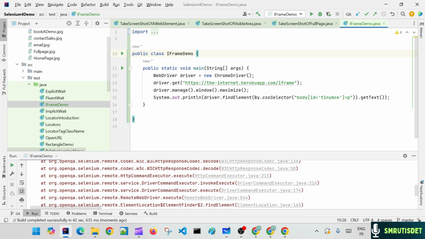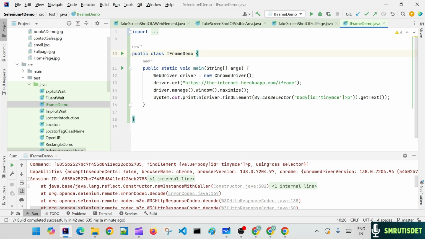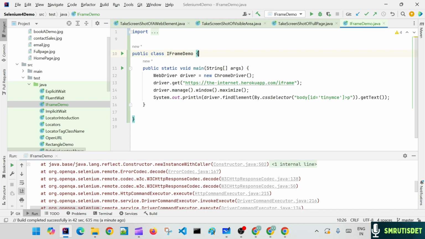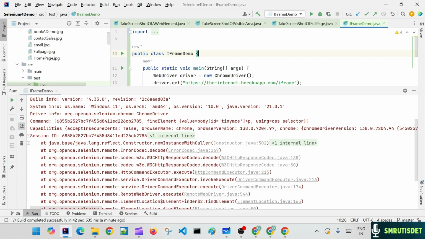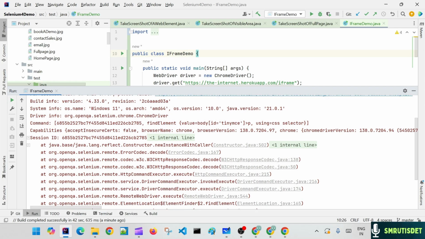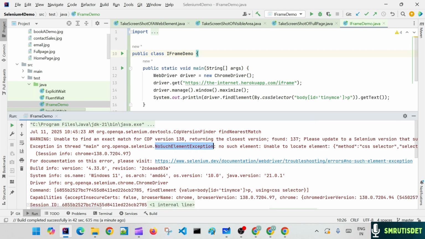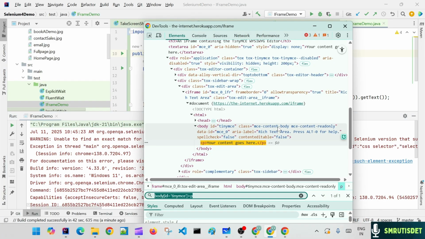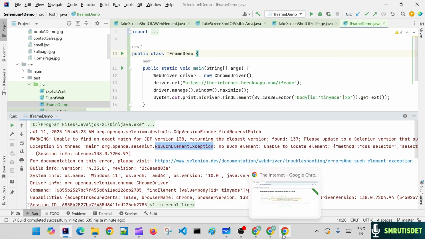Let's see what happened here. Now if you see here, it is unable to find that particular web element. Why? No such element exception, because it was unable to locate this element. But we have seen this locator is fine, it is highlighting this one. So why is it not able to identify it? Because it is not directly available inside the